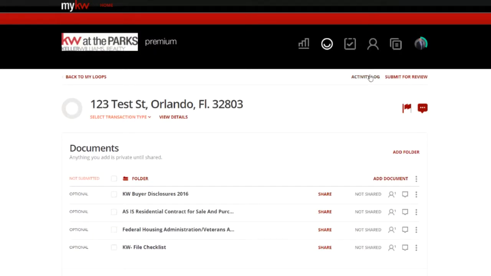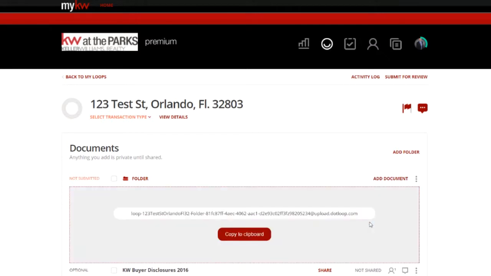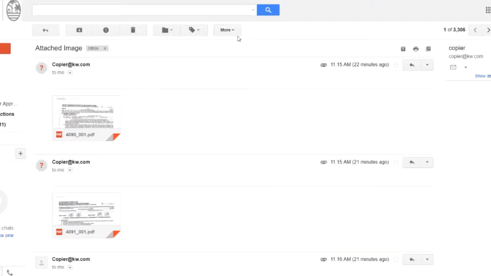So we simply at that point are going to add document. We're going to pull them from our email. We're going to copy this. We'll come back over to our email. If you go up here to the More option, you can forward all. This is a great little shortcut. It took me a while to find that for some reason. I used to send them all separately. So forward all,